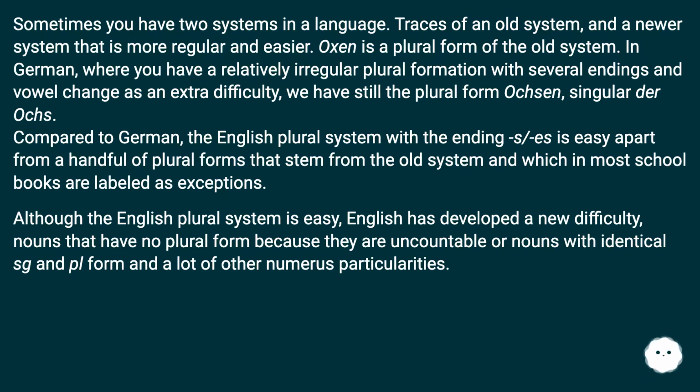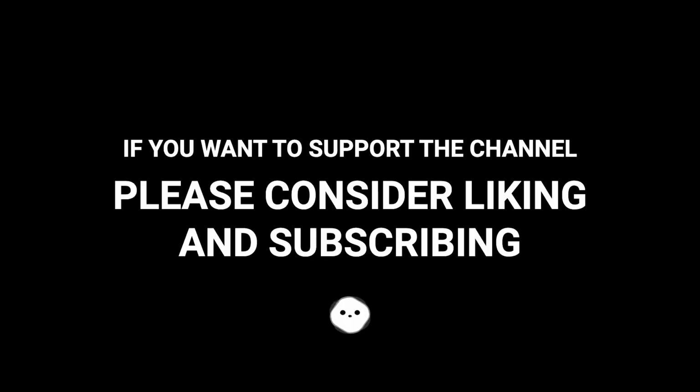Although the English plural system is easy, English has developed a new difficulty: nouns that have no plural form because they are uncountable, or nouns with identical singular and plural form, and a lot of other numerous particularities. If you want to avoid it all, we can survive in the